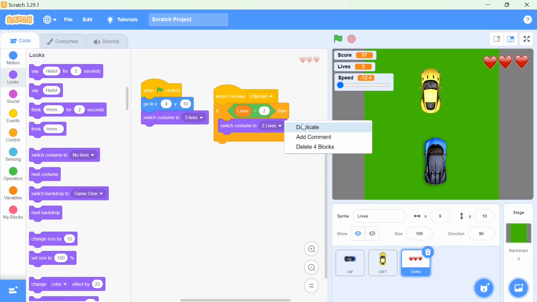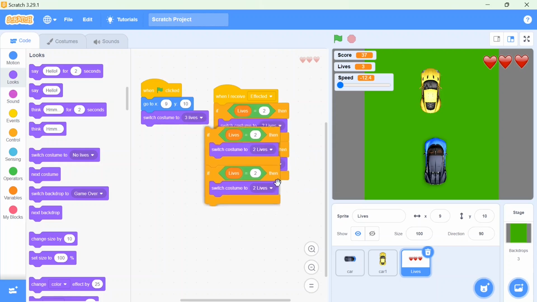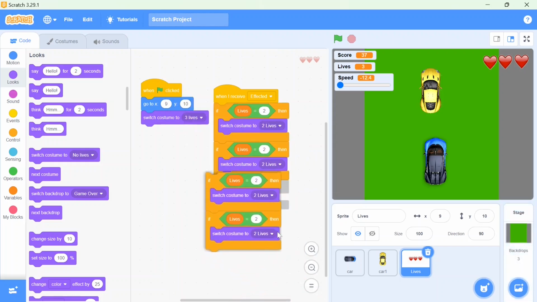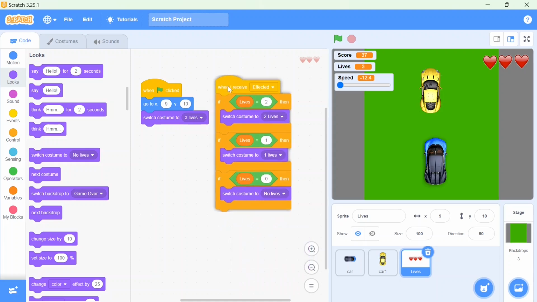For that, I'm going to duplicate it, place it over here, again duplicate it and place it over here. And now if we have only 1 life, that costume should be shown, and if there is 0 life, it should be no life. It's very simple.